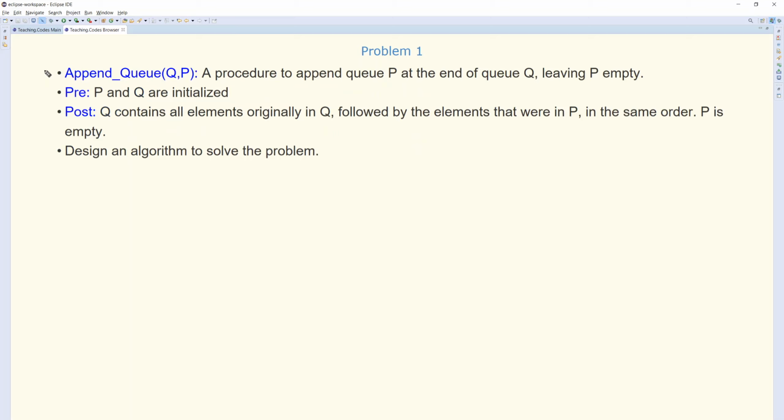So let's look at a couple of simple problems. Let's try to implement a new method or procedure which will take two parameters, Q and P, and append all elements in P to the end of Q in the same order, and the elements will be removed from P. So the idea is actually to remove the elements one by one from the Q and append it to the end of the other one. So for example, you could consider